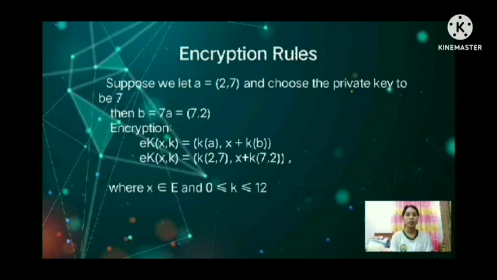Encryption rules. Suppose we let A equal (2, 7) and choose the private key to be 7. Then B equals 7A equals (7, 2). Encryption. So here is the formula, where X is an element of E and 0 is less than or equal to K and K is less than or equal to